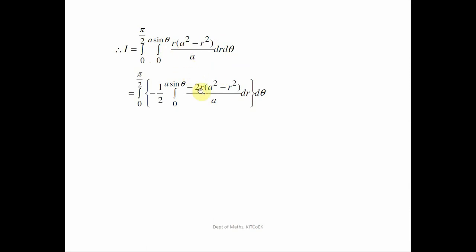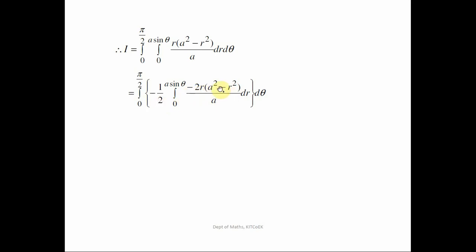So to evaluate this inside integral, I have done some adjustments, because we know the formula of integration: integration of f of r into f dash r is f of r square upon 2. That's why we have tried to adjust the derivative of this factor. A square minus r square, its derivative is minus 2r with respect to r. R is already there, so try to adjust that constant multiple minus 2. So if we multiply here by minus 2, we will need to divide by minus 2.